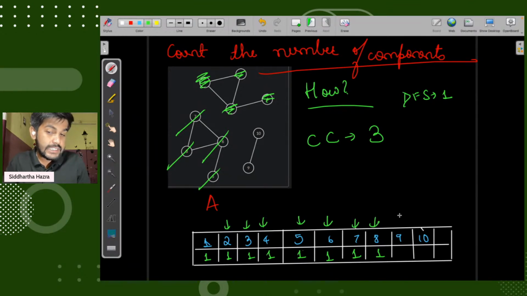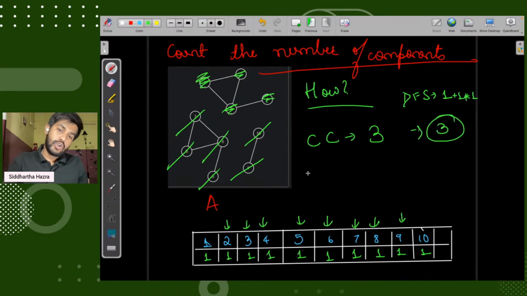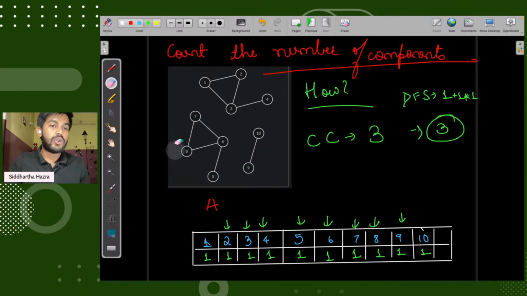Then the unvisited is 9, so now we would visit the ninth one, and both would be visited. So how many times did we do a DFS? We did the DFS 3 times. So we can say that the total number of DFS required to visit all the nodes